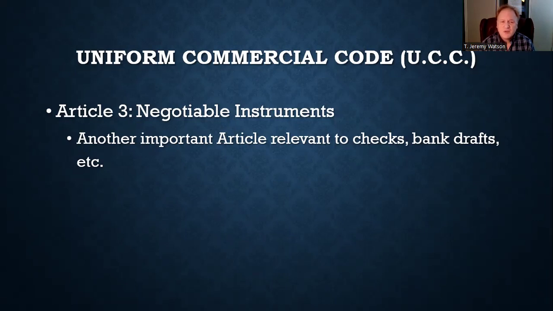Article 3, again, deals with negotiable instruments. Negotiable instruments are things like checks and bank drafts, those kinds of documents that represent value that you can trade to one another, right? Do y'all still use checks? Are you too young that you don't do that anymore? Has your grandmother ever sent you a check for your birthday, or have you ever had a job where you still got a paper check?